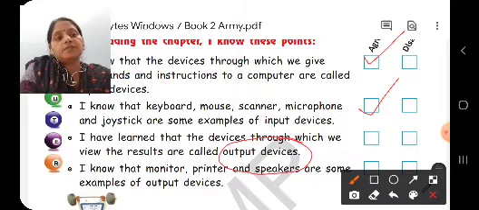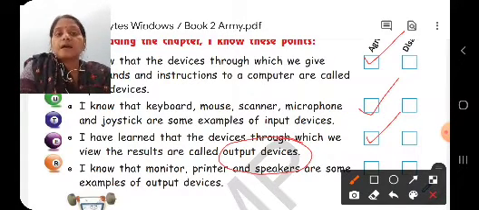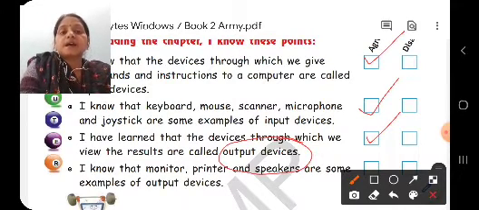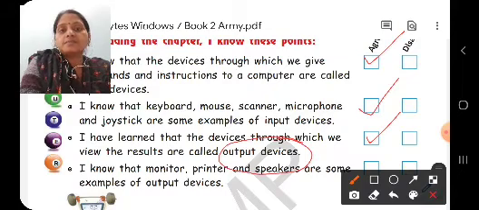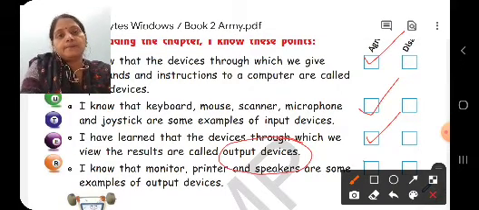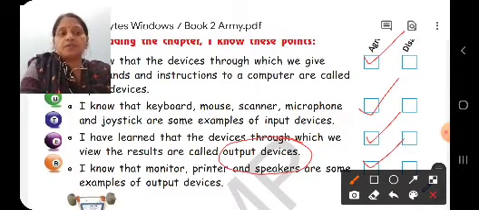So here we will put a tick in front of output. Then next one is, I know that monitor, printer, speaker are some examples of output devices. So children, monitor, printer and speaker are some examples of output devices. So you will put a tick in front of output devices.